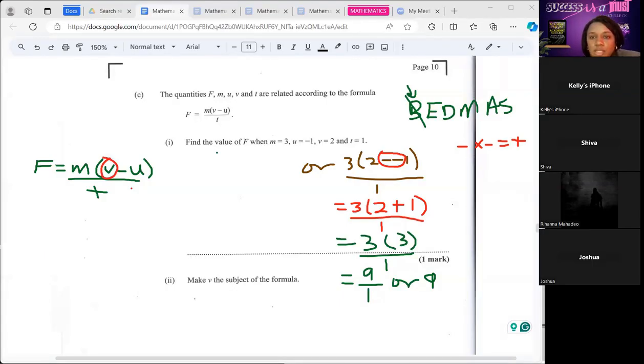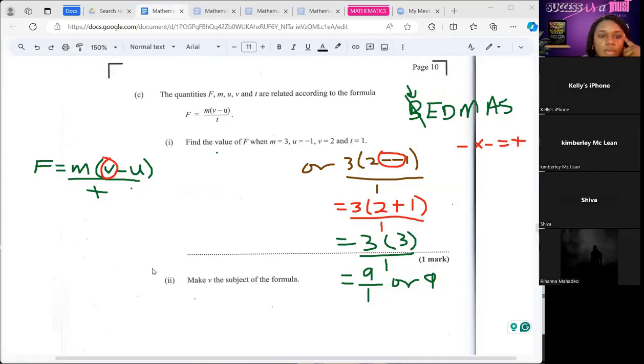Multiply both sides by t. Yes, you multiply both sides by the t, correct? So you remove that t from below, multiply here by t, and multiply there by t, which will cancel off the t, leaving us with tF. Initially it really doesn't matter if you put the T in front of the F or the F in front of the T,